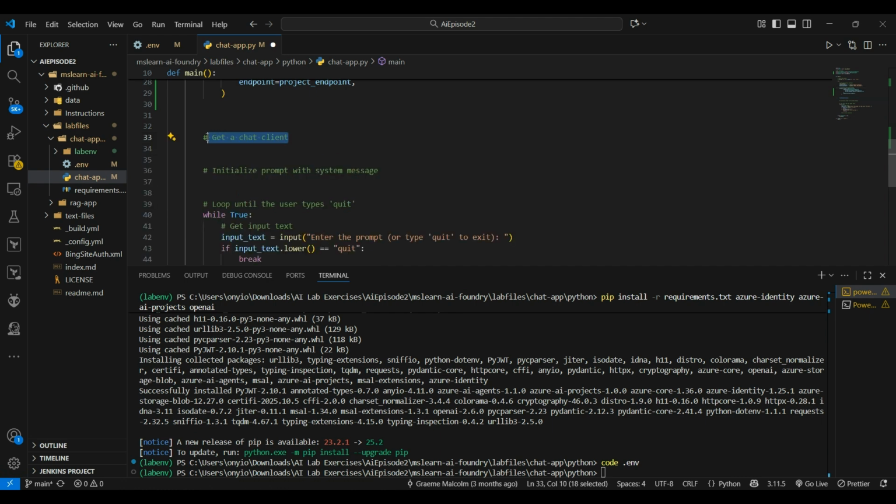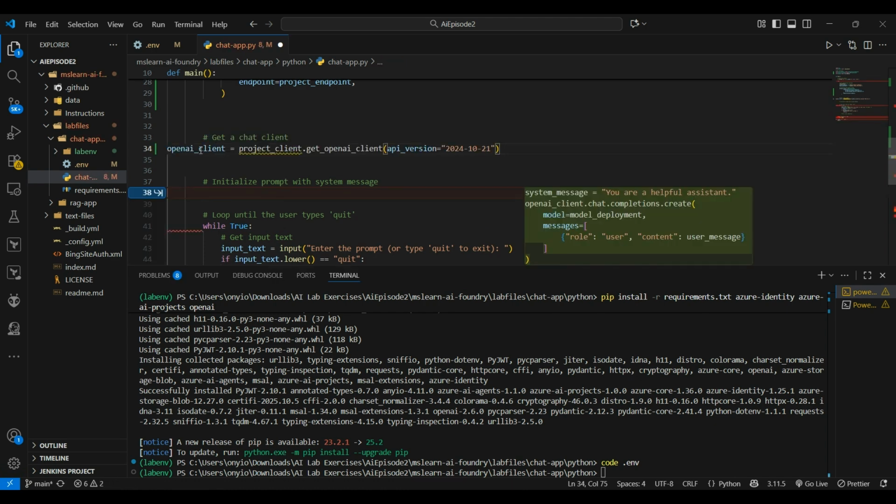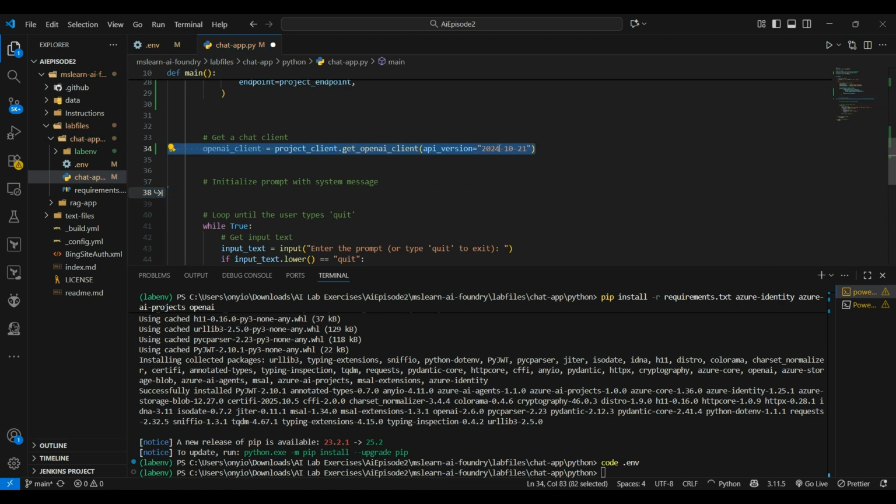Well, my VS Code is trying to be smarter. So it's trying to help me and I'm not asking it for help. So let me just do this. All right. When you're writing Python, it's important that your indentations are right. So anyways, let's, in line 38, let's